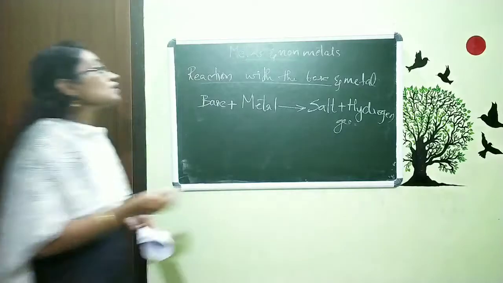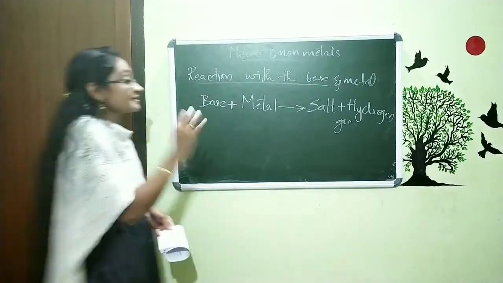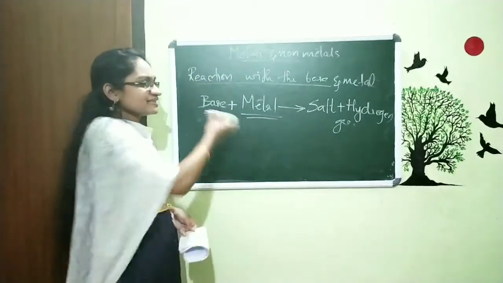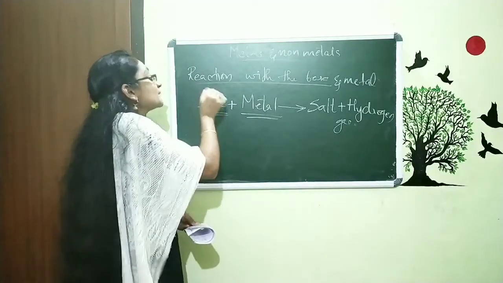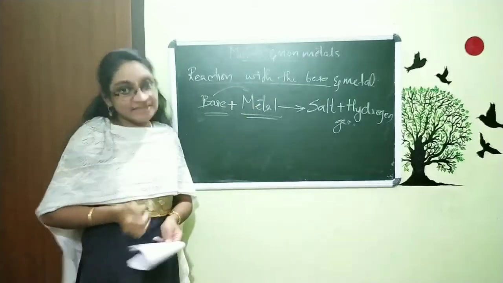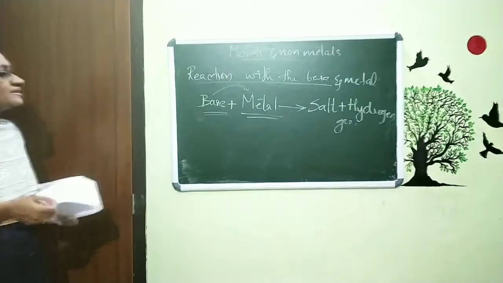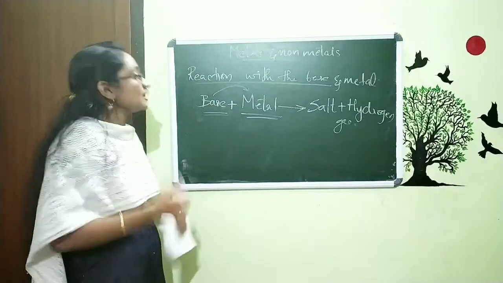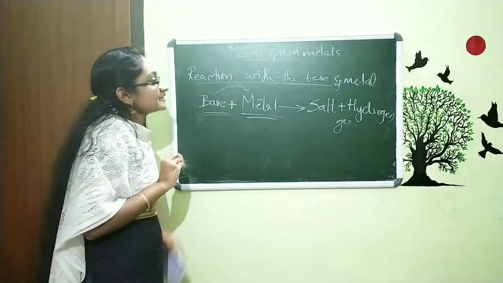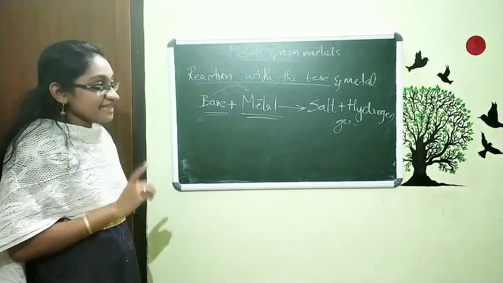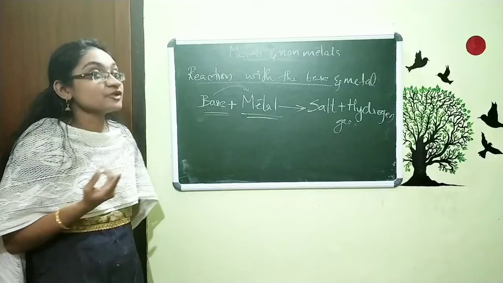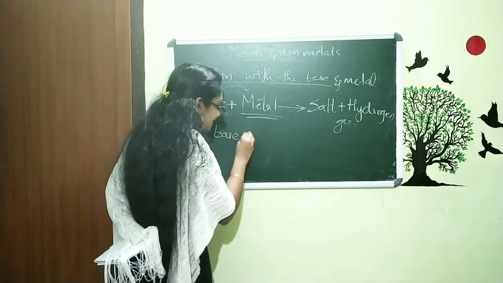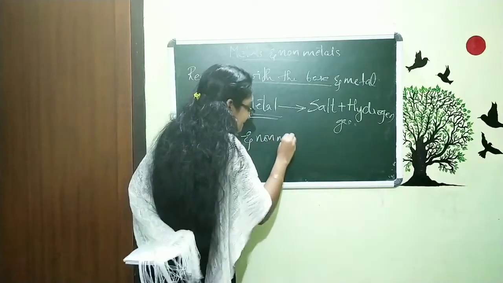Hydrogen gas. So this is the general equation for the reaction when the base is reacted with metal. You want to study this general equation, how the base is reacted with metal. So this is all about the reaction of base and metal. Now one thing is that when we are talking about the reaction of the base and non-metal,